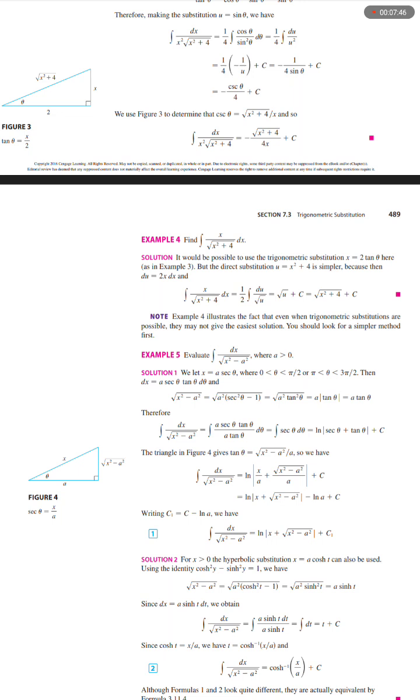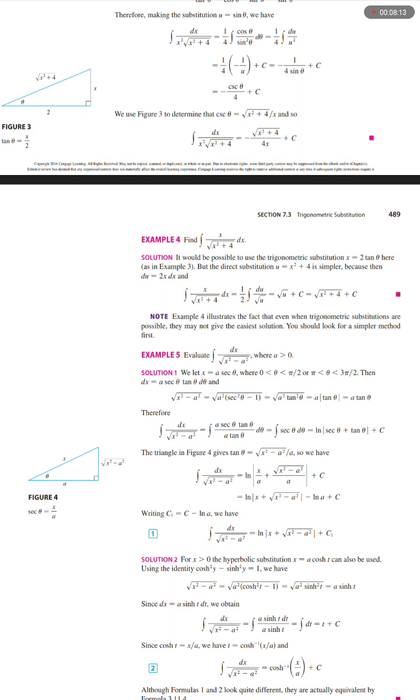So we have the integral of dx over the square root of x squared minus a squared equals the natural log of the absolute value of x over a plus the square root of x squared minus a squared over a, plus C